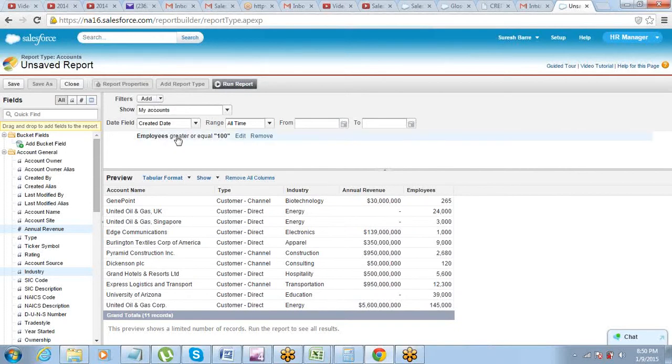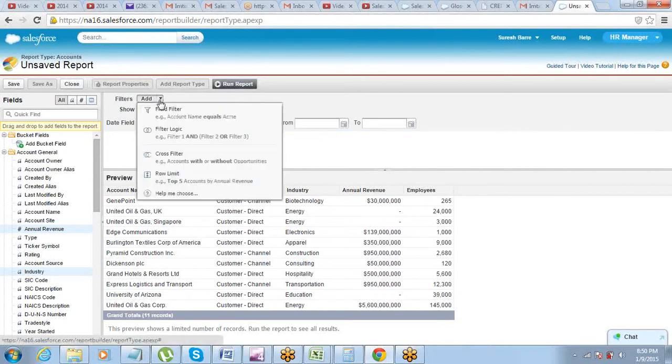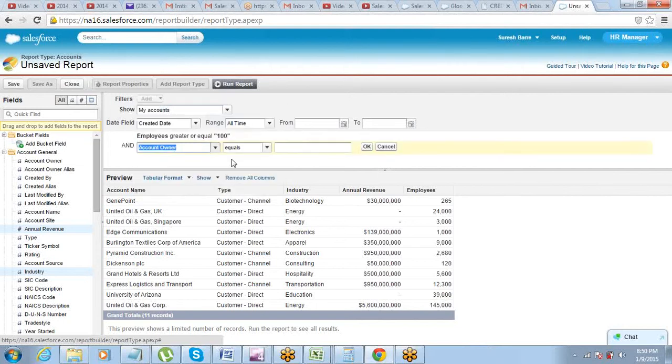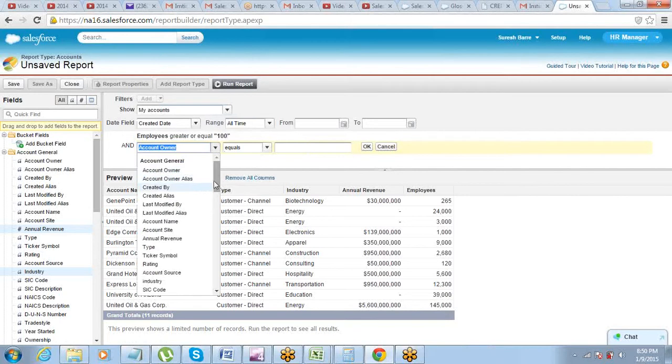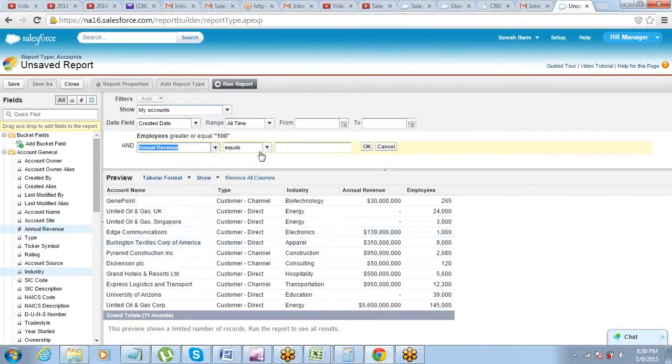So it's not just one filter that you can put. If you want one more filter, and the revenue should be, let's say, more than 50,000. So you can say, okay, I want revenue greater than 50,000.